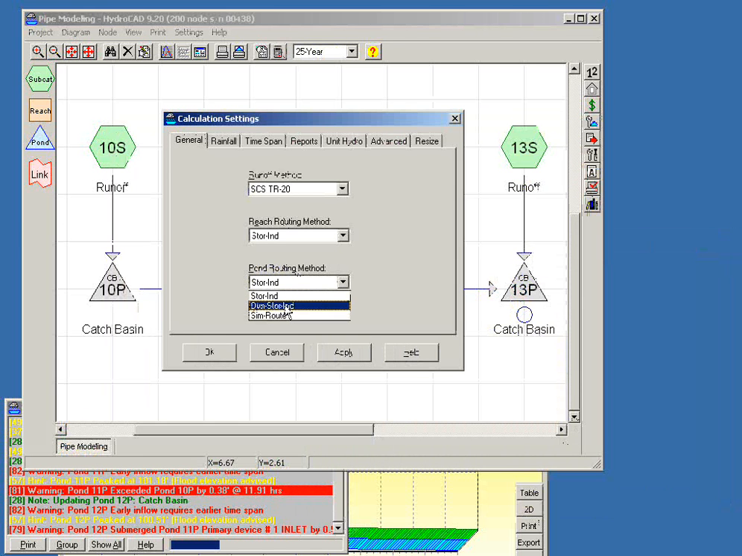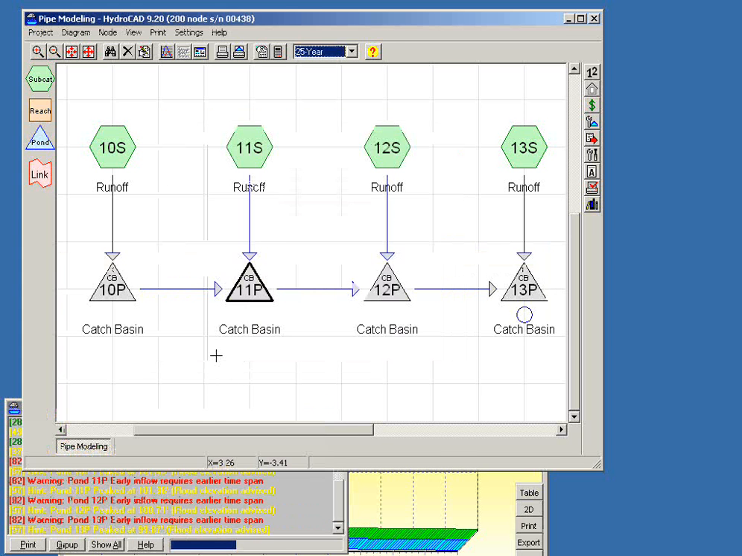And generally, we would want to use the dynamic storage indication method. I do not recommend that you use the sim-route procedure, simultaneous routing, except for very specific applications such as flow loops. It is not as stable as the dynamic storage indication method, and so it's got much more limited applicability. So you should generally start with dynamic storage indication method, and that's your preferred technique when there's tailwater. So if I click OK on this,